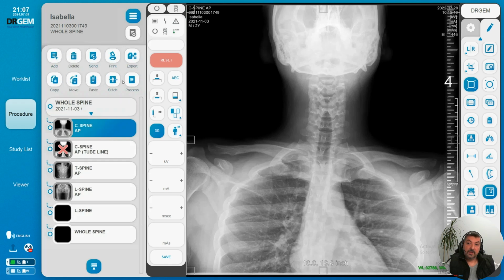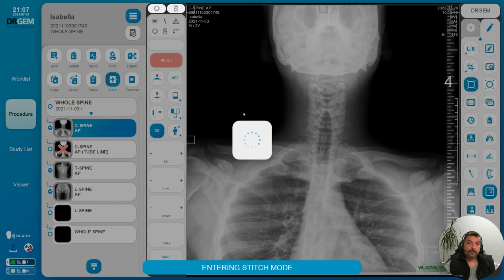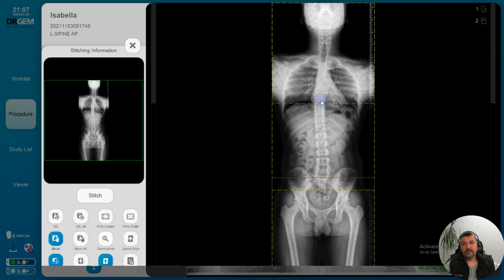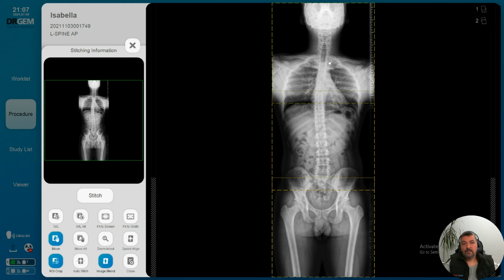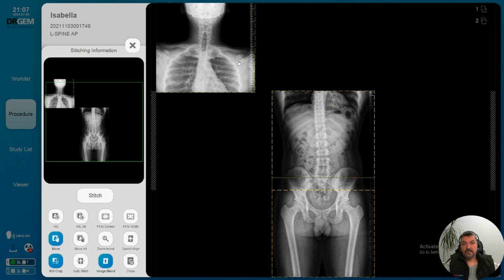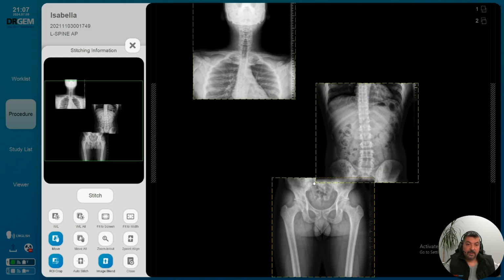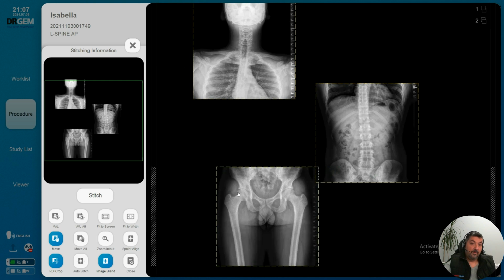Once you've got this menu visible, what you want to do is select your first, second, and third image by clicking on these round, what we call radio buttons. So you can see they've got tick marks next to them. They're the three images we're going to work with. We're ready to stitch. We hit the stitch button. This prepares the system and brings it into stitching mode, where you've got your x-ray images. I'm just going to move these around just to allow you guys to get more of a visual understanding